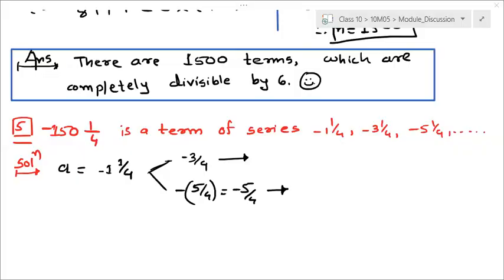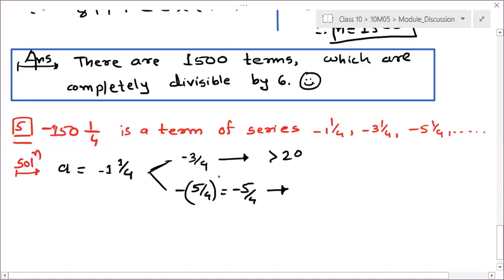Don't look at each other and raise your hand, right? So 1 2 3 4 5 6 7 8 9 10. Okay, next 11 12, next 13 14. Okay, next 15 16 17 18 19 20. Okay, so 20 students are with minus 3 by 4, right? So or more than 20, no need to count further. So more than 20 students have raised hand for minus 3 by 4.